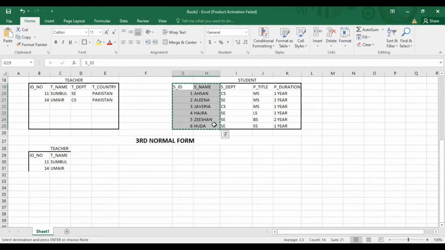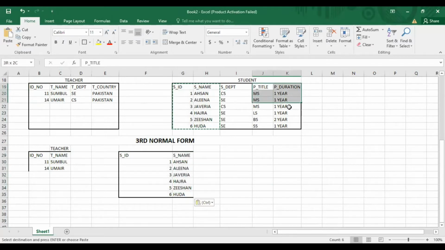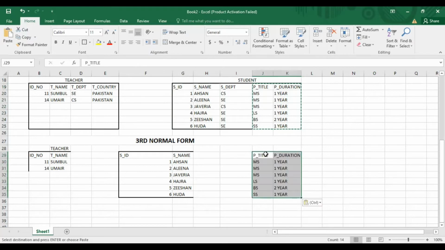Now students table, project table, and write this column, write this data in this also.